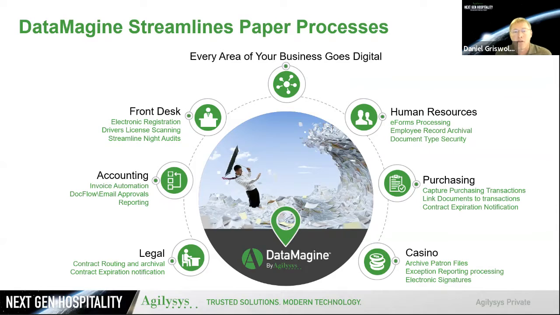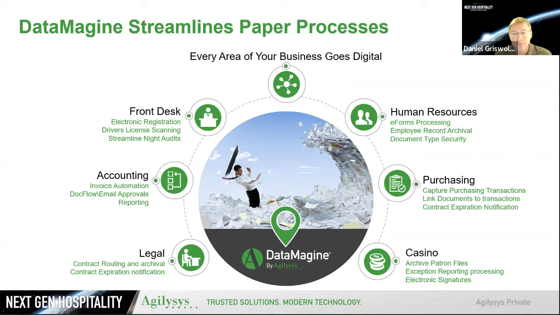Wouldn't it be nice to have all those centralized in one location where Data Imagine can facilitate sending out forms to be filled out or just archiving and making sure the security behind those documents is intact. It's very important that not only do we have a way of archiving these documents, but also maintaining the security, encryption, and everything that's required to make sure that PII information is